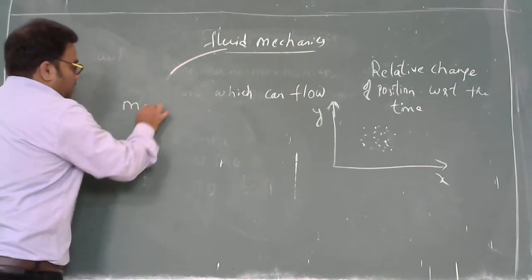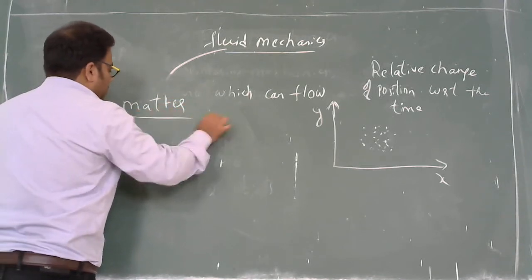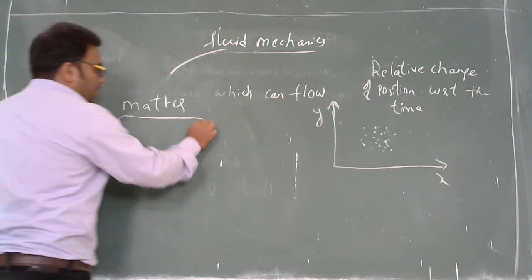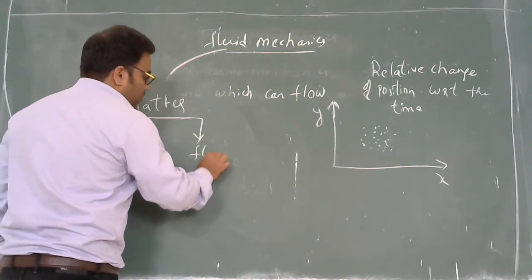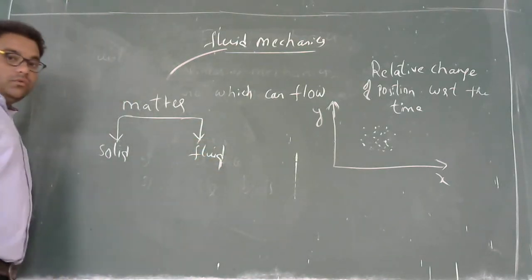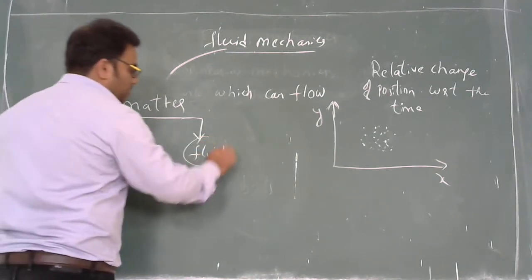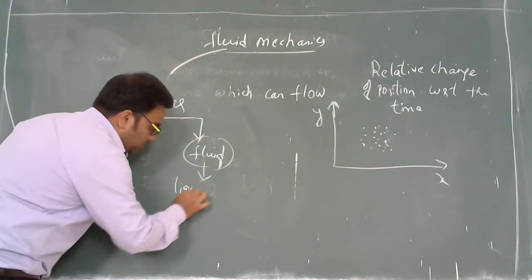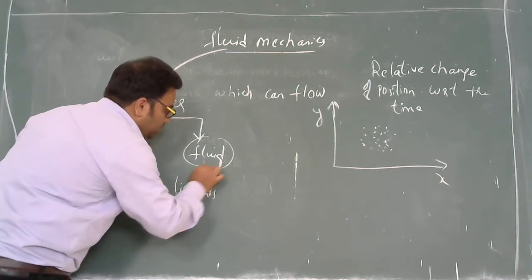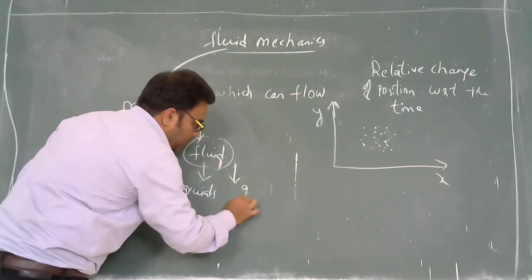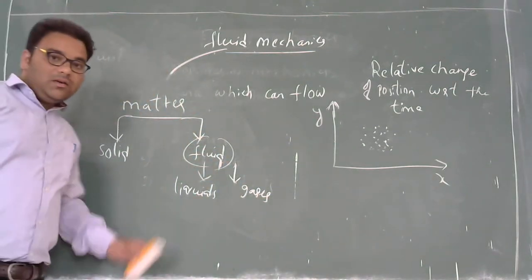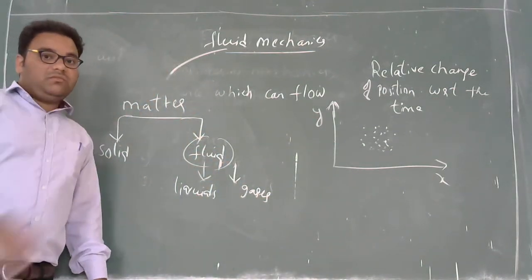So matter is composed of two things: one is solid, another one is fluid. We are interested in the fluid. So what is fluid? Fluids are again composed of liquids and gases. Generally, if you see the perfect definition in engineering mechanics,